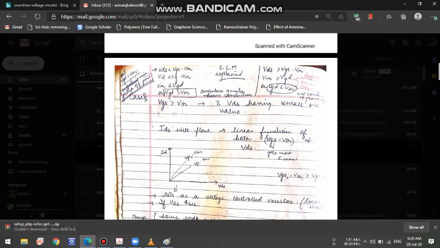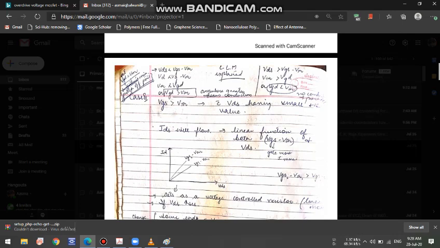Now what do we say we have? We are saying that our parameters are such that VGS is greater than VTH. That means there is a channel formed, and VDS has a small positive value. What does VDS having a small positive value mean? It means that the drain is at a positive terminal and it has the capability of attracting the electrons which will flow from the source to the drain. Okay, and VGS greater than VTH means that the electrons will flow and a path is present there.